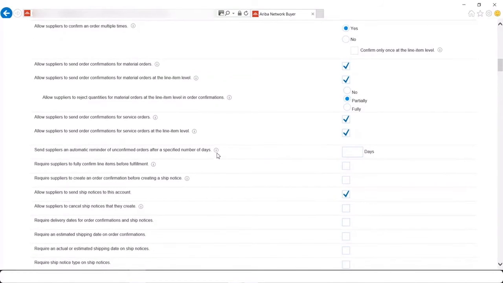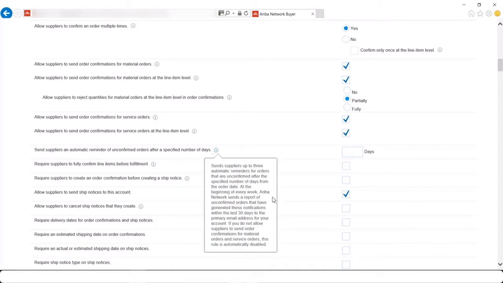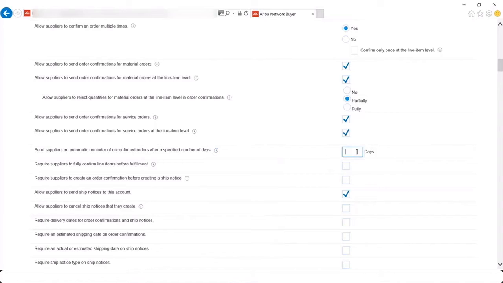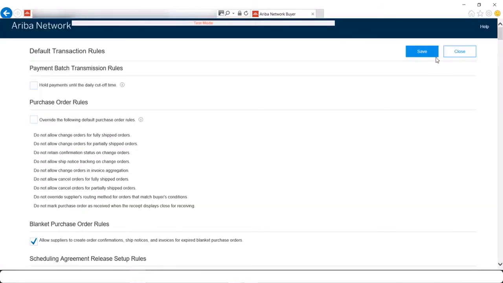In this case, we can check here in this button how the rule works, the complete description of how it works, and we need to place here how many days after the order date we need to trigger the email notifications for unconfirmed orders to the suppliers. Let's say I'm going to choose 3 days, and after I enter a number here between 1 and 10 days, I'm going to choose save my work